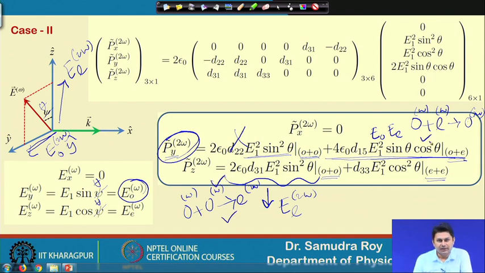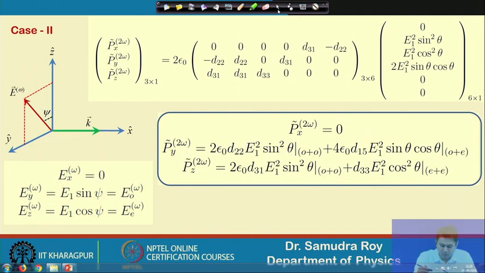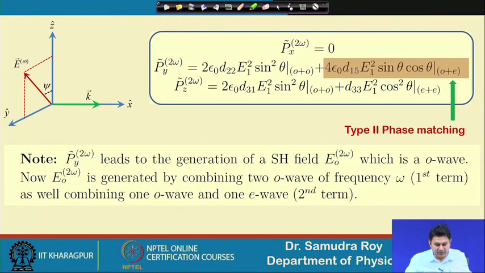What about the last term? Last term, again 2 extraordinary waves are going to generate P z, P z is going to generate an extraordinary wave. So, 2 extraordinary waves will lead to one extraordinary wave of 2 omega. So, omega is going to generate 2 omega. So, again it is violating. This is 2 omega, again this is violating because the condition is not valid. So, once we know these components carefully, then we can readily find out what is going on.